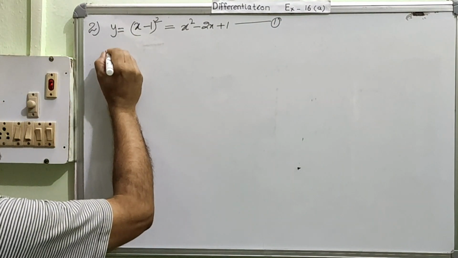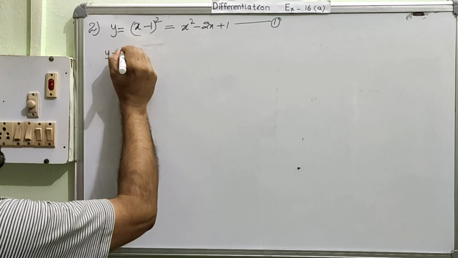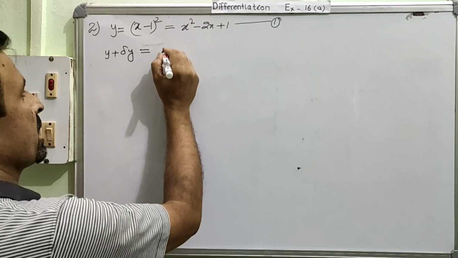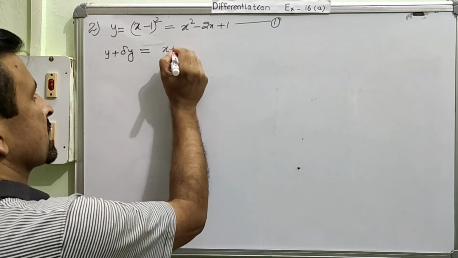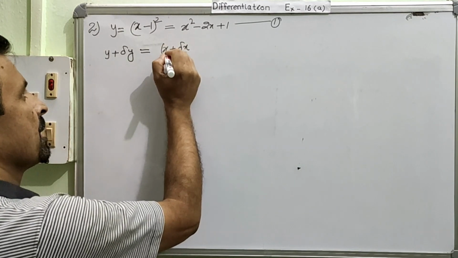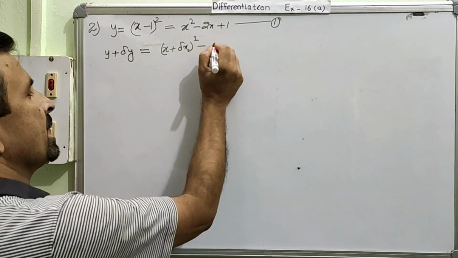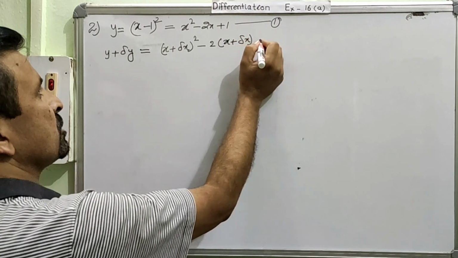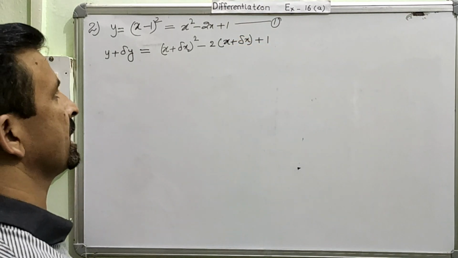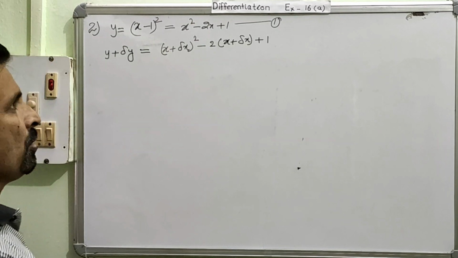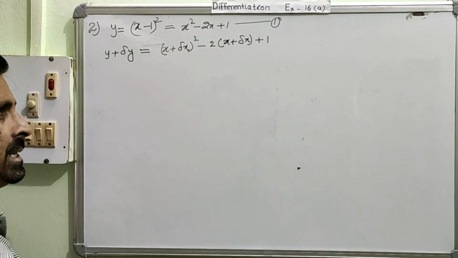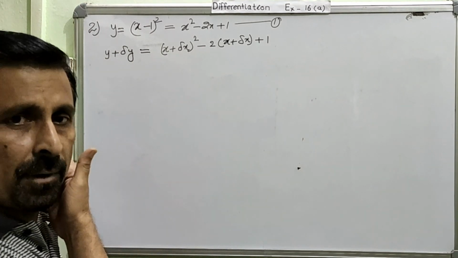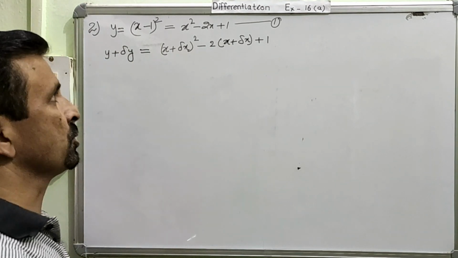Now, I am going to increase the value of y by a small quantity, y plus delta y. That means on the right hand side also, all the x will increase. So this will be (x plus delta x) square minus 2(x plus delta x). Wherever you find x, you have to increase it by delta x. Is this okay? Now here also, before we give a name, we will simplify the function, and only then will the function be named equation number 2.